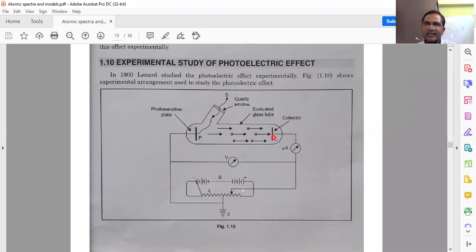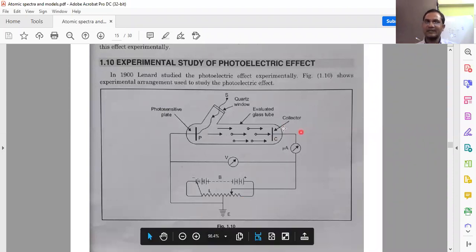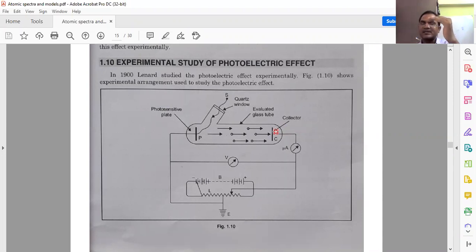When you increase the negative potential of the collector, from -5 to -6, -7, -8, -10, like that, at a particular negative potential not even a single electron can reach the collector. Then the deflection in the microammeter becomes